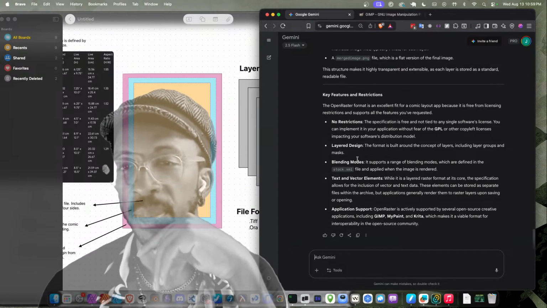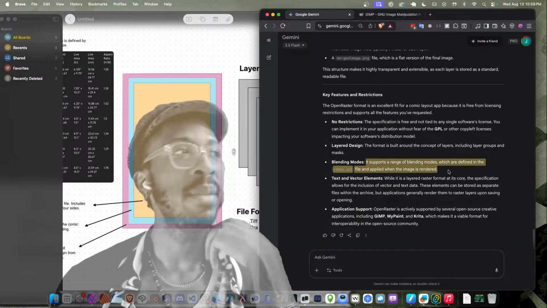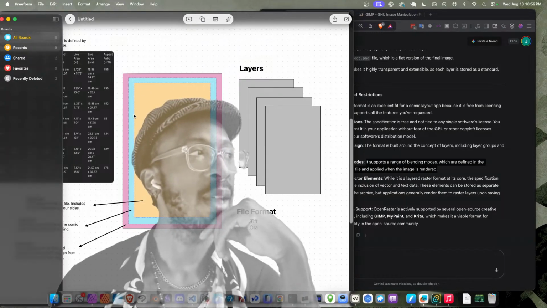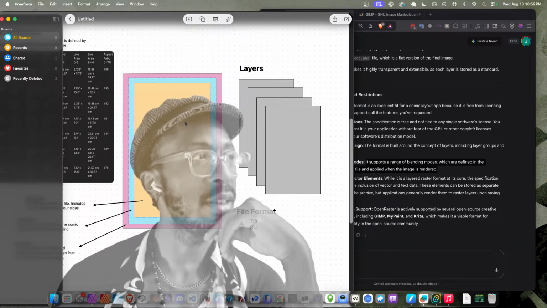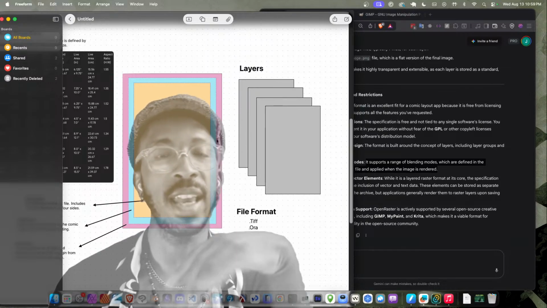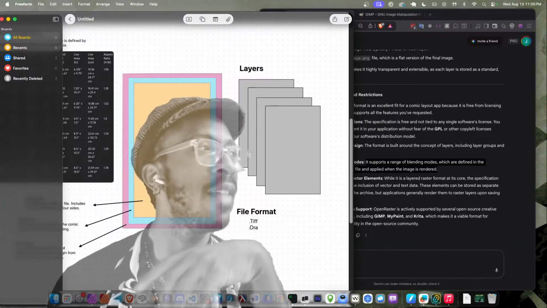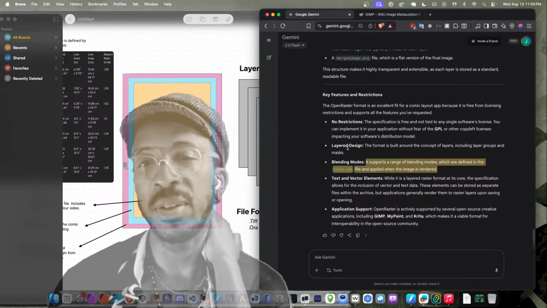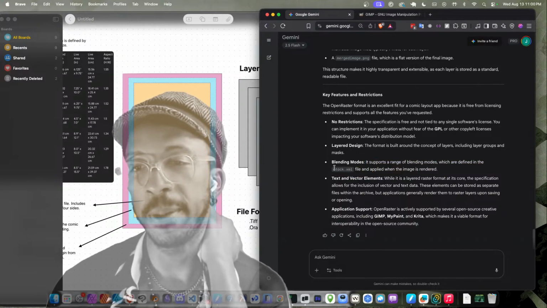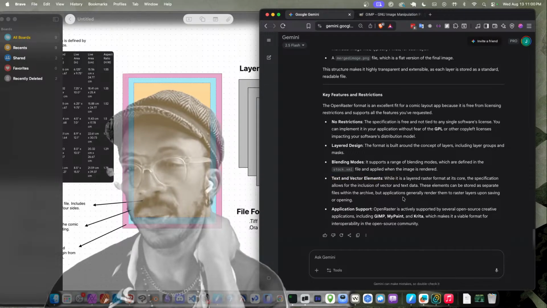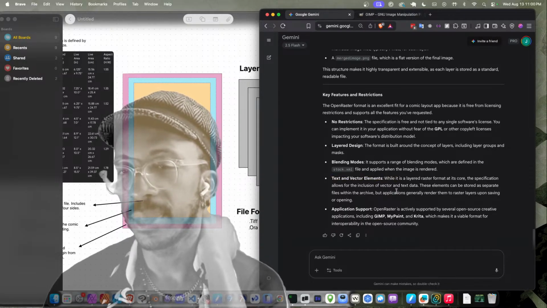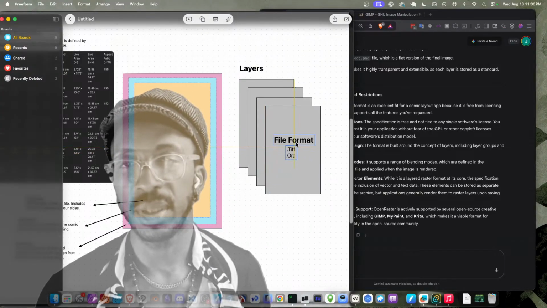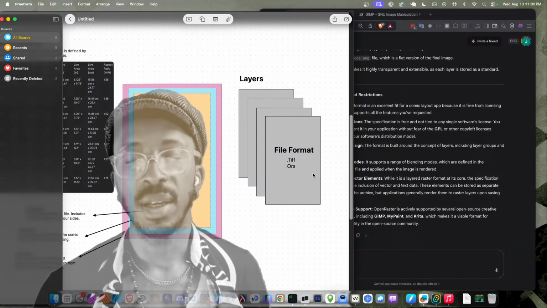Okay, so blending modes. I don't really care about blending modes. For this comic app, I just care about being able to lay out panels and to do like really simple thumbnail drawings, because my hope is that a person can just take the file that they make in my app and then just take it over to Procreate or PaintShop Pro or like whatever they try to use. And if we do blending modes and stuff, that'll be more important later on. So text and vector elements, cool. Okay, cool. So I think that's at least something to come back to. We'll just put this here, file format, TIFF or ORA. Okay, so